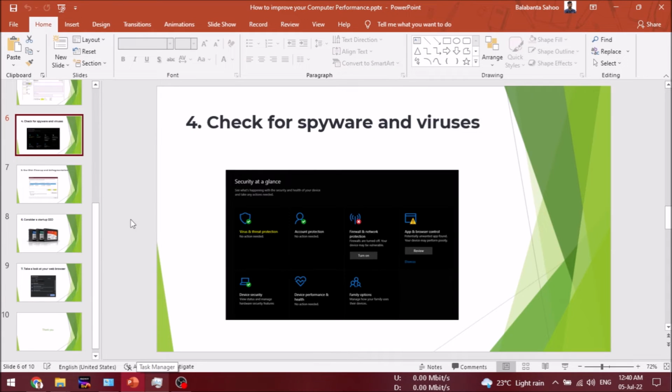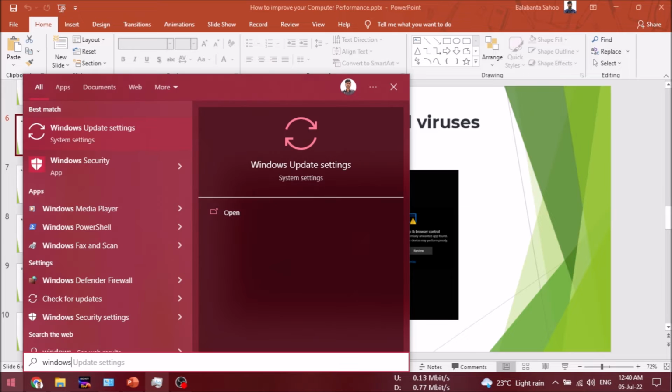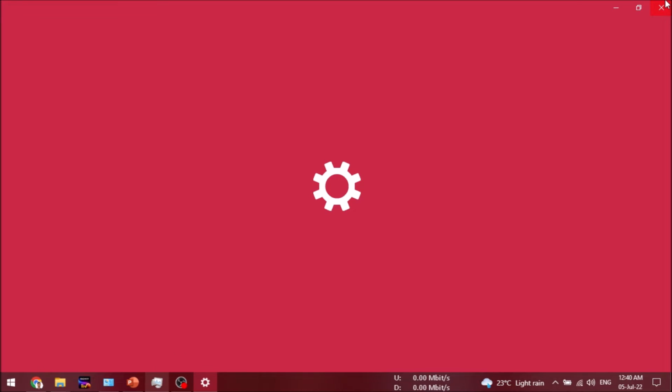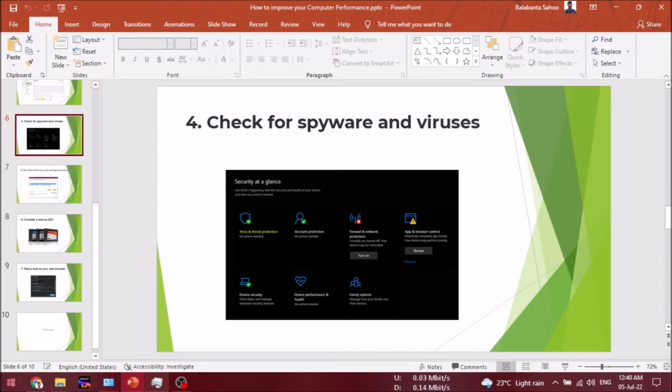And the fourth one is check for spyware and viruses. When we're using our computers, there might be a chance that viruses and spyware can affect your computer every time. So what you need to do is go to your Windows security and check. Sorry, I went to Windows Update. Go to security, Windows security, and